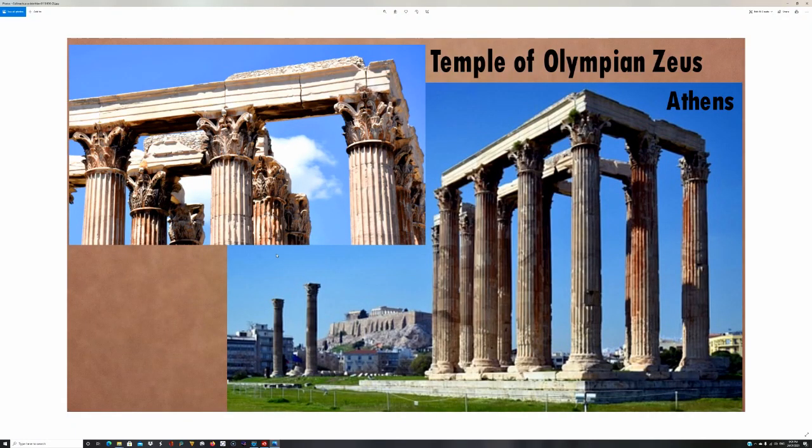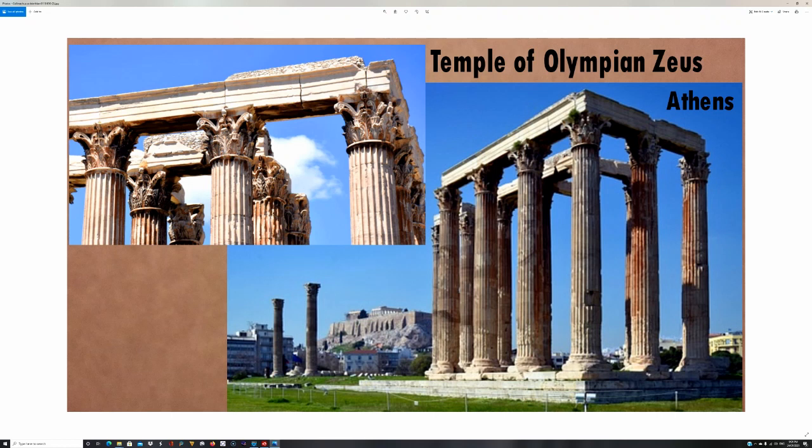This is the Temple of Olympian Zeus in Athens. In the background you can see the Acropolis and the Parthenon on top, about 1650 feet away. The Temple of Olympian Zeus was begun, I think, around 4 BC, originally as a Doric. It was completed, I think, around 200 AD, maybe 300 AD, by the Romans. Because it was stopped and started, it's usually said that this is the first true Corinthian